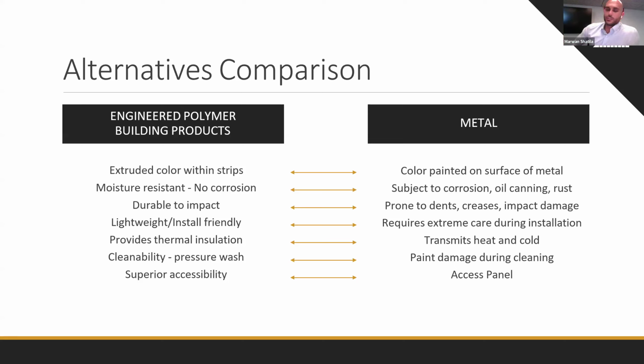Because, as I mentioned earlier on, the composite material is a polymer-based solution. It is going to be moisture resistant. It's not going to corrode. It's not going to oil can or rust. It's very, very durable to impact. So I'm just going to give you all a brief demonstration of what this essentially looks like in real time. So as you all can see right here,